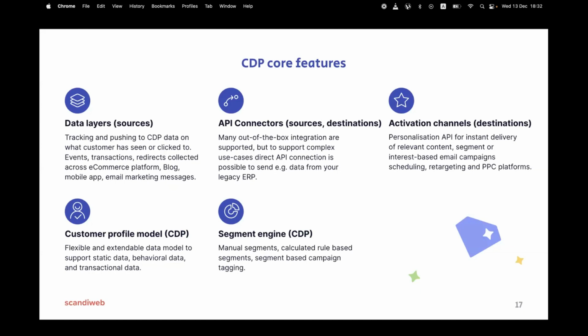Activation channels. The more components of your ecosystem you make activation channels, the better. Think, how can you make your in-store experience an activation channel for a person? How can you identify a person when he or she walks into a store?